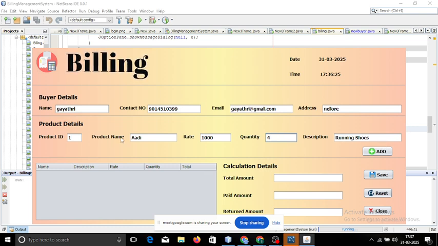So what we are doing is taking this rate, which is price, and storing it in one variable. This quantity we are storing in another variable. We are multiplying these two things and storing in total. Now when we are adding here, we are adding what is presented here. JTextField 9, something like running shoes, will be added here. Rate will be added here. Quantity will be added here, and the total which we have multiplied will be added here. When we click on add